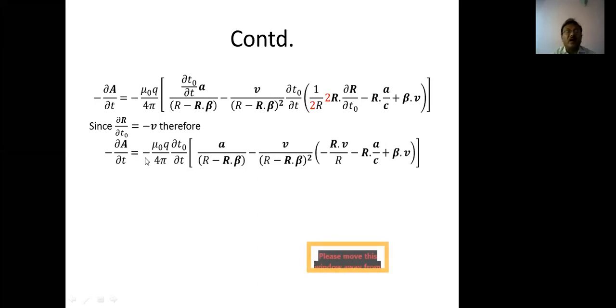Okay, and you have mu naught. Look here, this is dou T naught over dou T, and here also dou T naught over dou T. So you can take this dou T naught over dou T outside from both terms, and get rid of it inside the square bracket. You are left with A over R minus R dot beta, minus B over R minus R dot beta whole square, and the 2 and 2 cancel. Dou R by dou T naught will be minus B, that's why the minus sign arises there, and you are left with R dot B over scalar R minus R dot